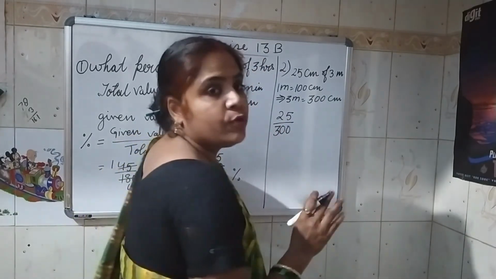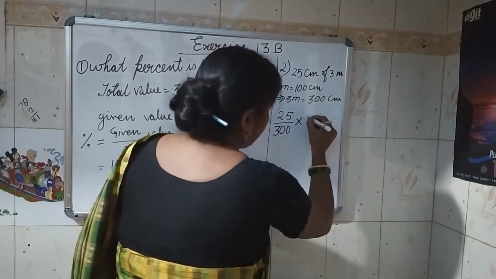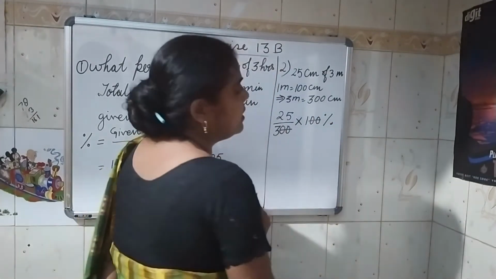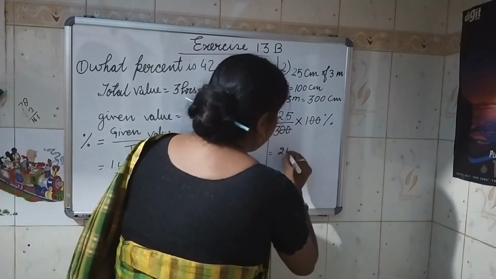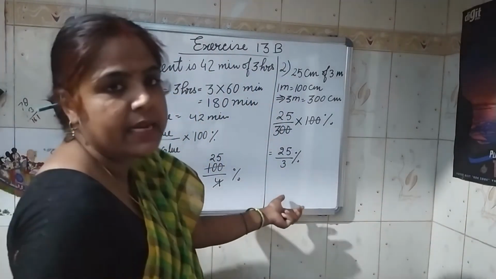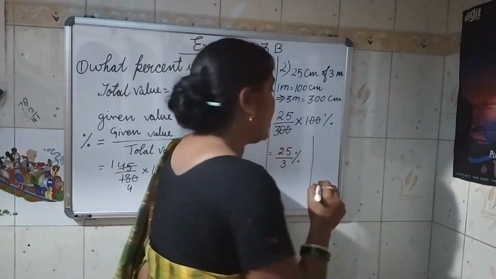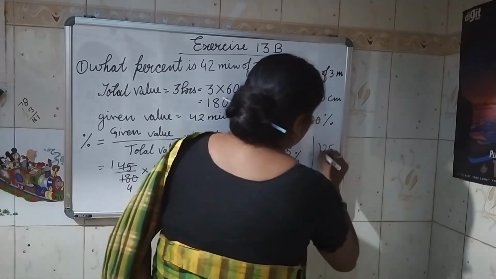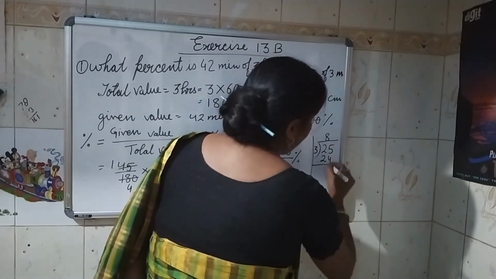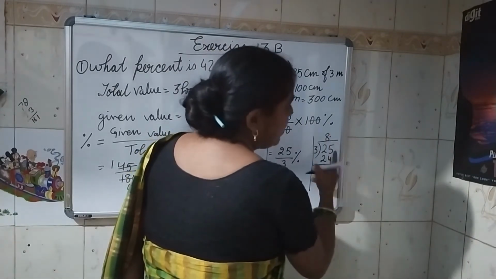It's not compulsory to write the formula all the time. 25 upon 300 multiplied by 100%. Now this 100 will be cut here. Now it will be 25 upon 3%. If you are comfortable, you can do it directly, or you can make a rough column and divide it. Since it is a different type of division, I am showing you the decimal division here. 3 eights are 24. Now 1 is coming down. Now 1 is less than this, so we will put a decimal here.